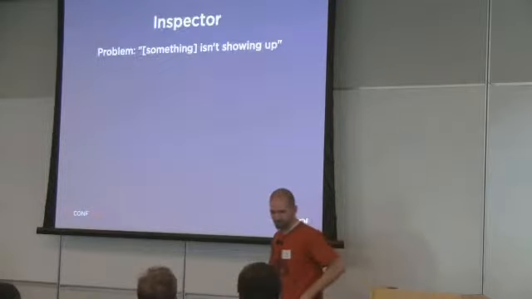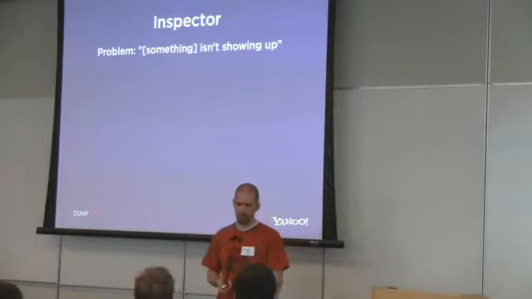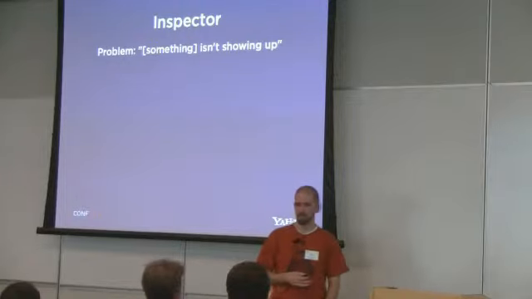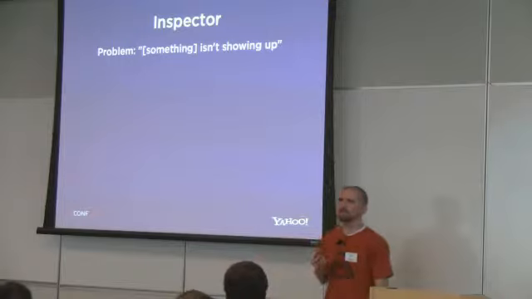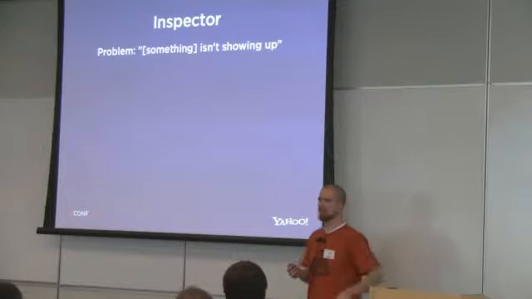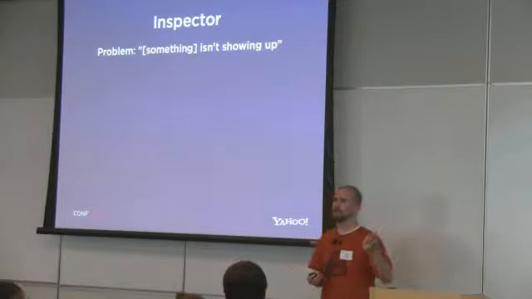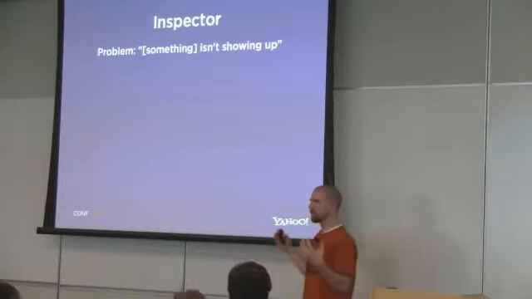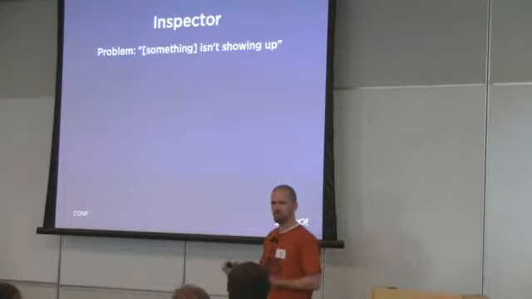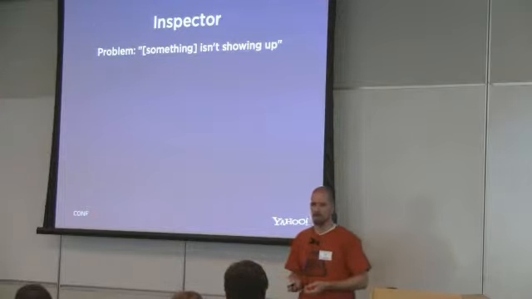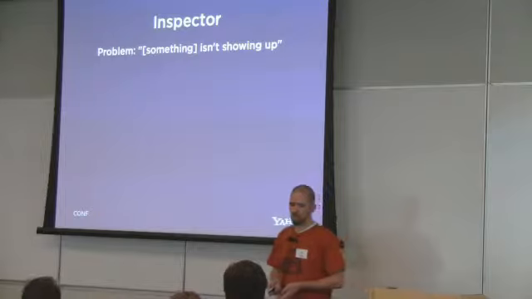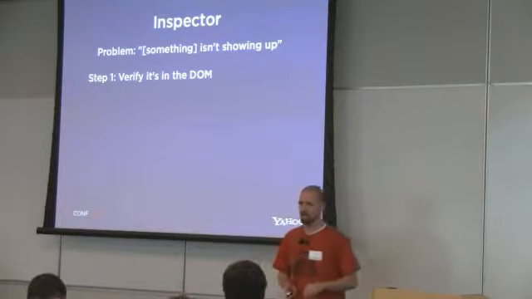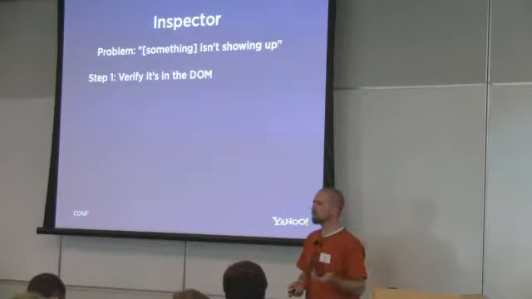So let's dive in. So here we have a good use for the inspector, where you don't actually have to be stepping into code or something. Maybe something in your page isn't showing up. You suspect that either there's something in your code that is missing that's adding it to the page, or maybe something in your code is removing it from the page, or it's not properly being added in the DOM. But the first thing that you should do is use the inspector to see if it's in there in the first place, right? So just open up your HTML inspector,